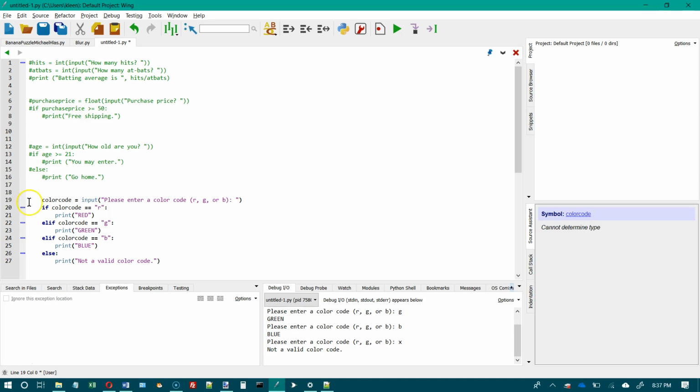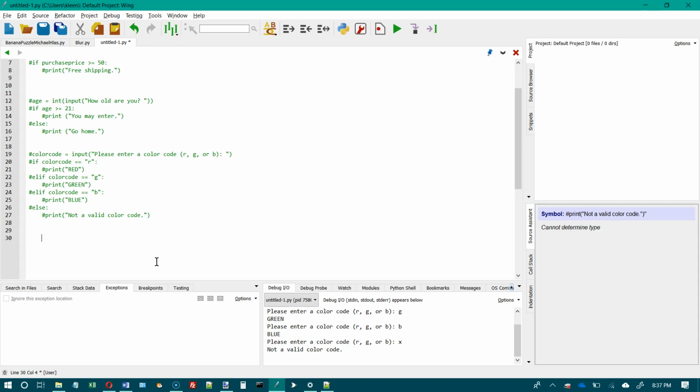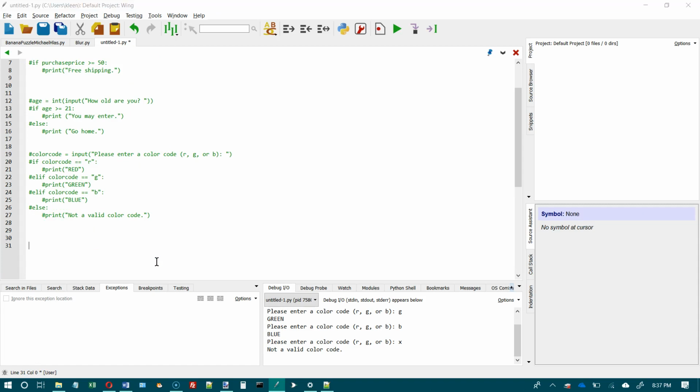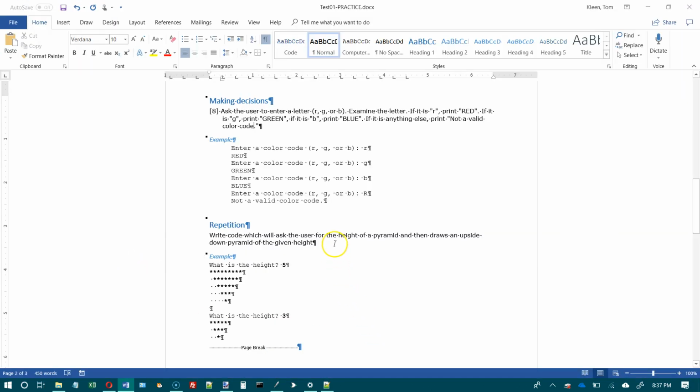And now I've also got an indentation problem here. So let's do a shift tab and move it back towards the left margin. And this is one more problem that we don't need to run again. So I'm going to comment that one out as well. And put a little white space here in between. And now we want to